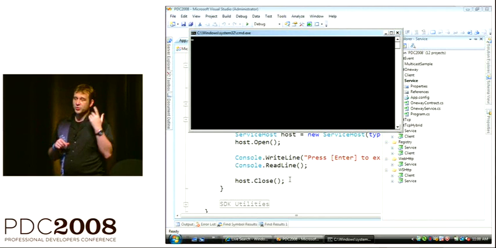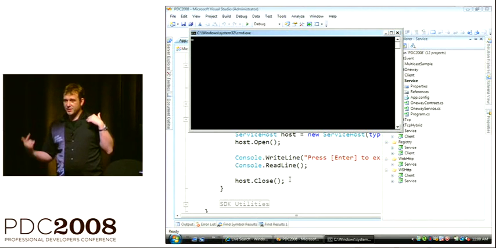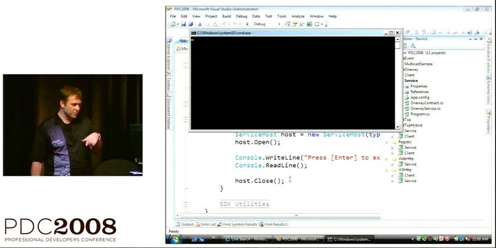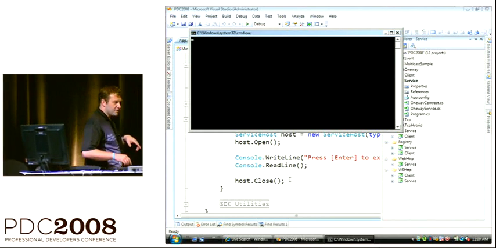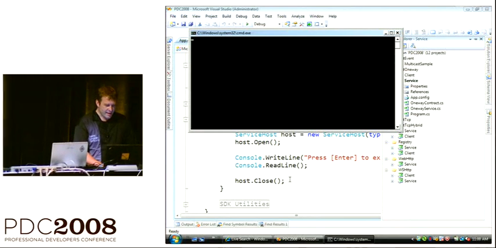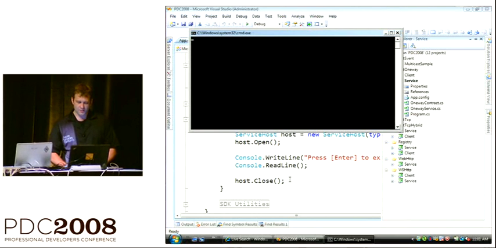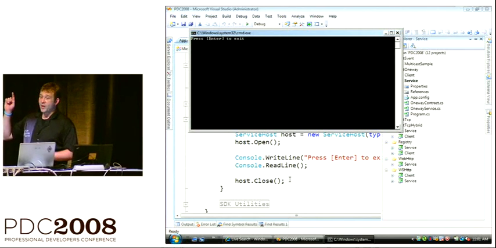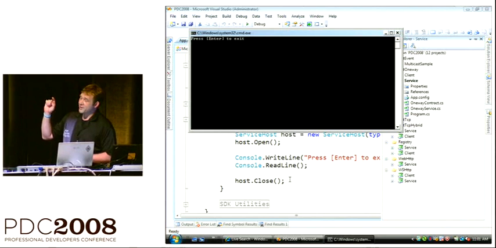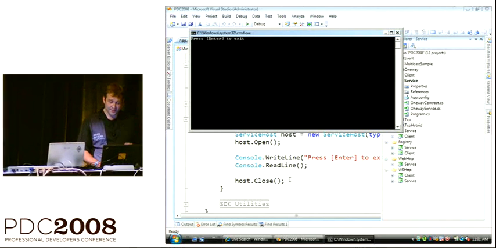Well, what it does now, it goes and acquires a token. And now it's establishing that connection up into the sky. And while that happens, let me go and set up the other thing. Let's see whether that works. And I'm setting up the client here. We have something. Press enter to exit. That's not a bad sign.